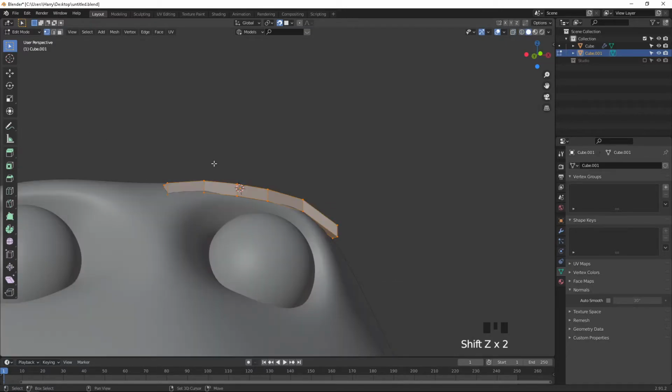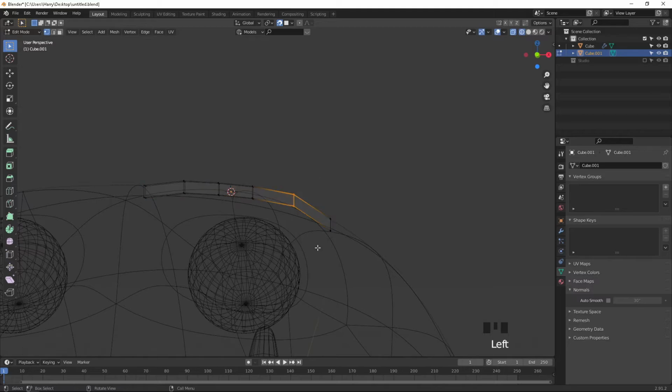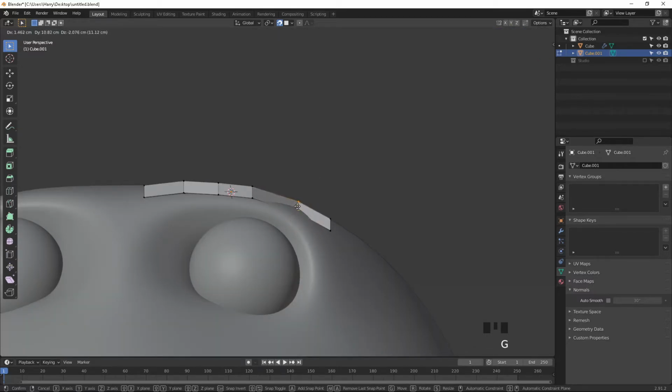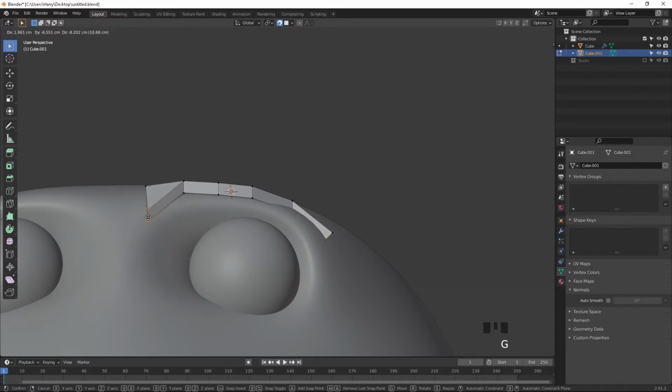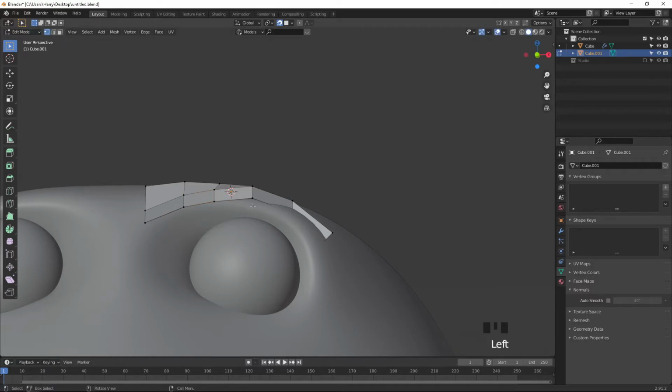Shift Z, select everything with the shift key, so okay fine, select everything, G to move, shift Z and select, shift G and move. Select this, rotate it like this angle and press G to move. Select this one, press G and move like this, for creating the different design of the eyebrow.